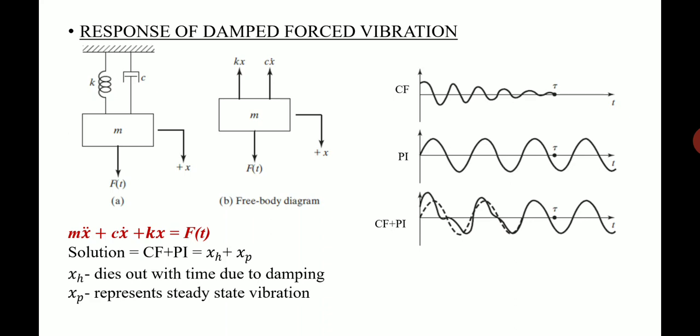This is the case where the vibration persists and is caused by the externally applied force. After a period of time, due to the damping, the inherent vibration, whether underdamped or overdamped, dies out. The complementary function dies out eventually, but the particular integral exists. The vibration which represents the particular integral alone is called steady state vibration, and the part of the vibration which dies out with time is called transient vibration. So there are two cases here, transient vibration and steady state vibration.